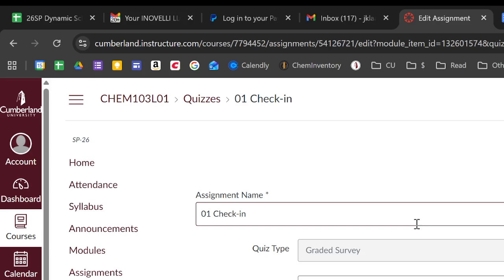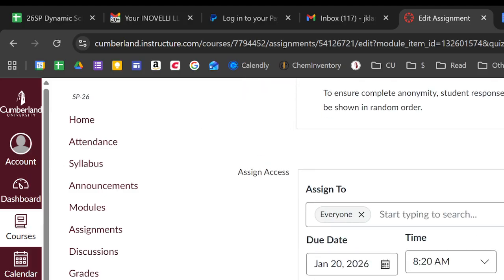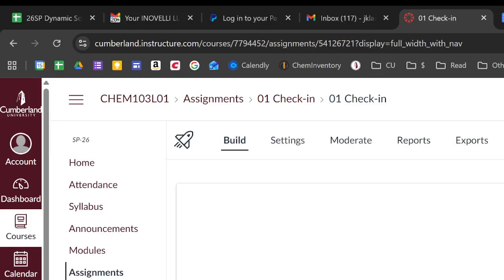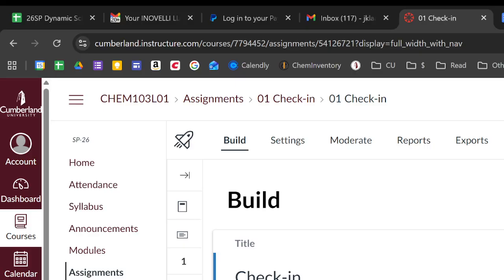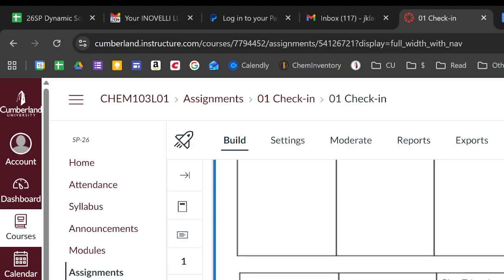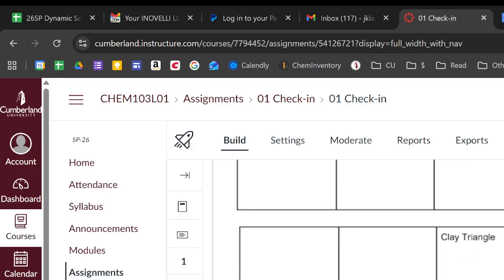But what I'll end up doing is if it's outside the range of the lab times, like 7:50 to 8 something on Tuesdays, I'll end up just rejecting those and giving those zeros. Now, you'll see that this quiz here takes you through the proper procedure to start up lab. That's all it is. And so you just go through. It has some directions right there. This is the glassware equipment.